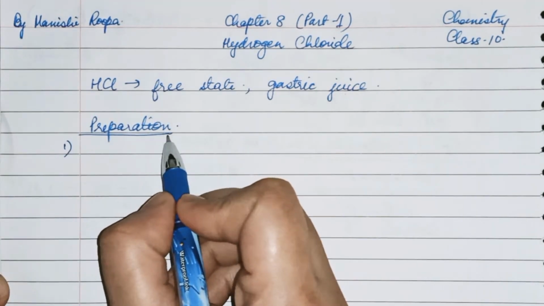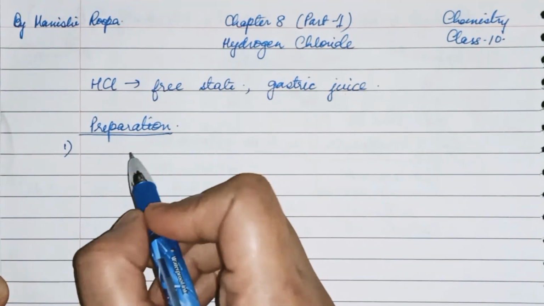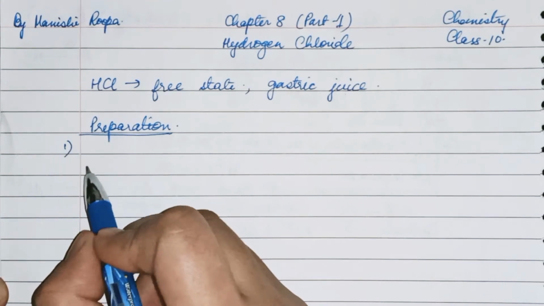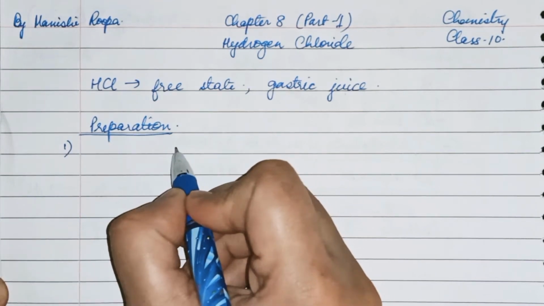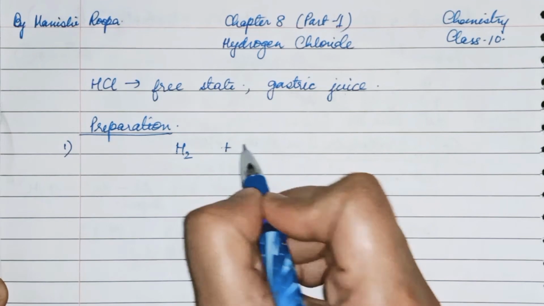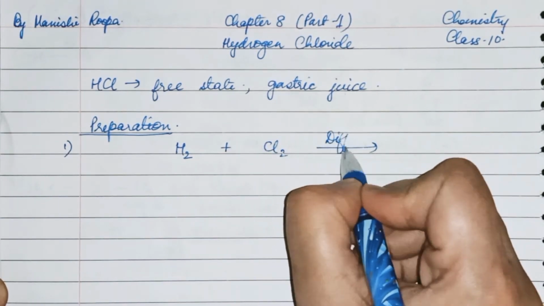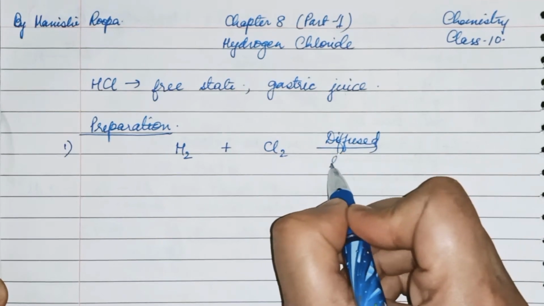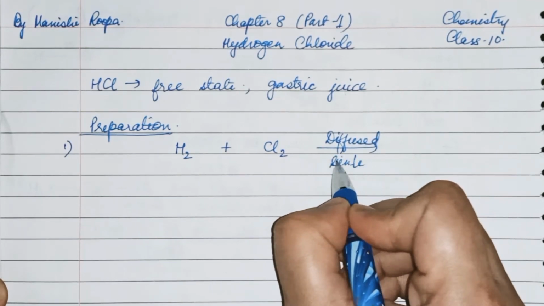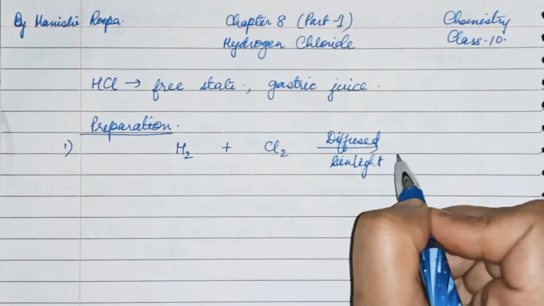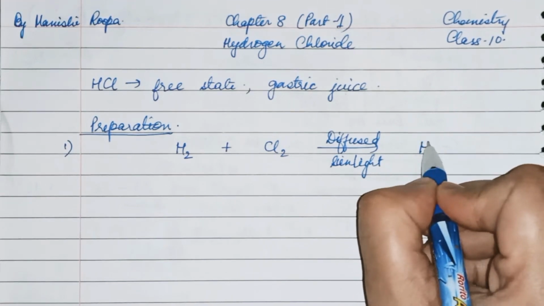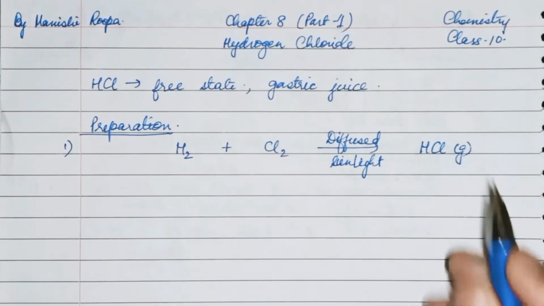Preparation, now we will start from here children, and from here the main part of this chapter is starting. So preparation: it is prepared in the atmosphere, in the presence of diffused sunlight. Diffuse sunlight, so it will form HCl gas. Now see children,